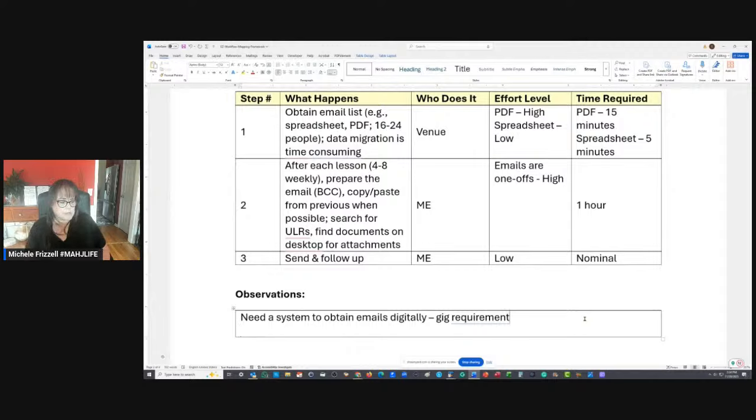And there are ways to ask for this, by the way, with existing clients. There are ways to approach this so that's not a big ask. You could just say, I'm streamlining my operations. Is it possible for me to receive a digital email list? So there are ways that you can approach it without being needy.